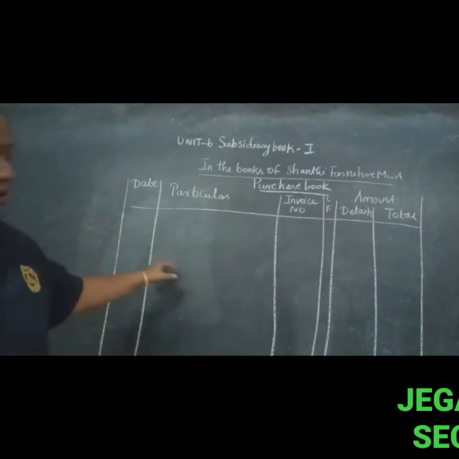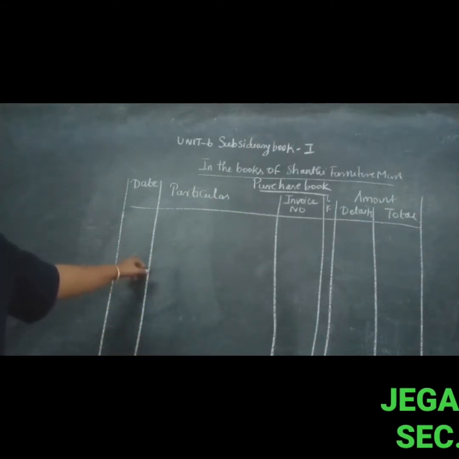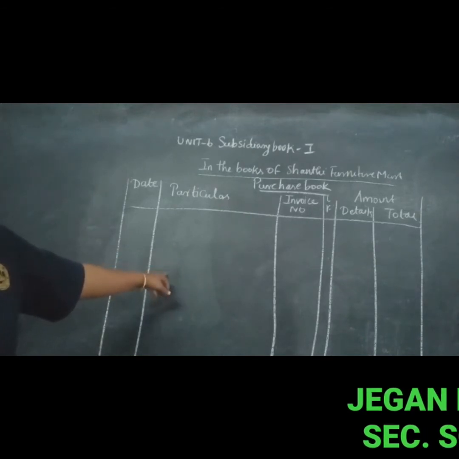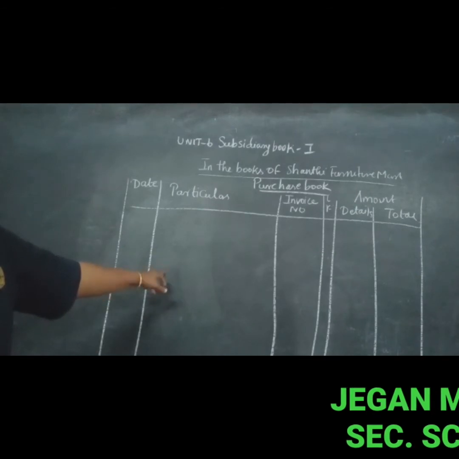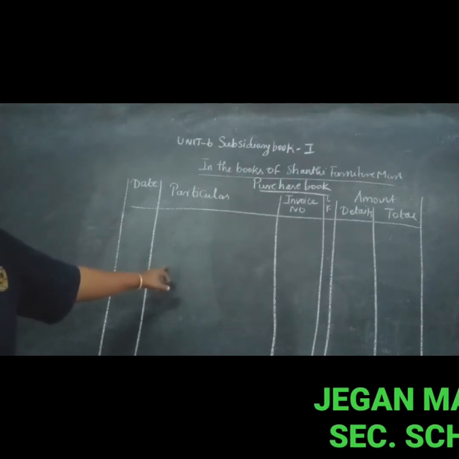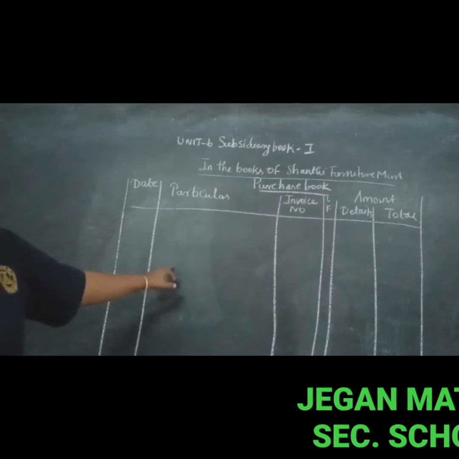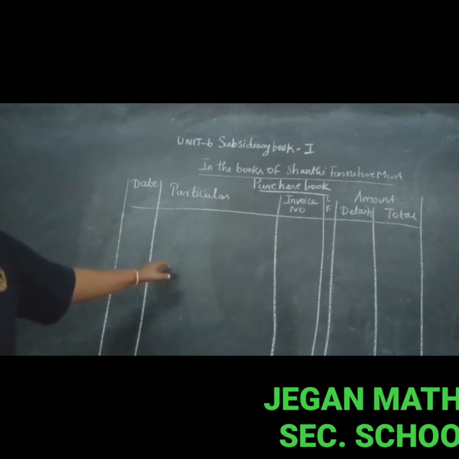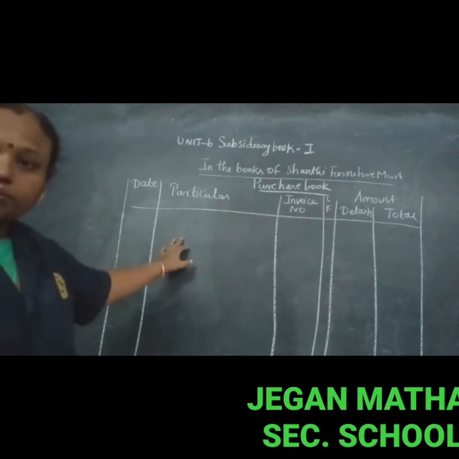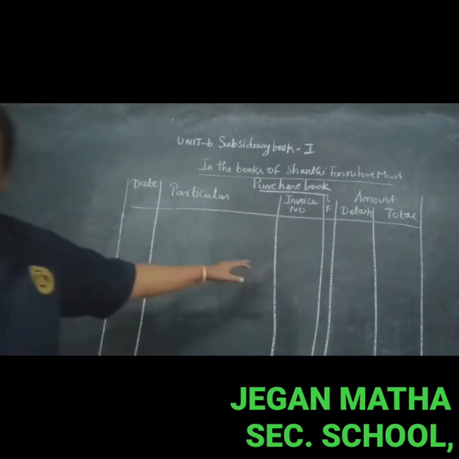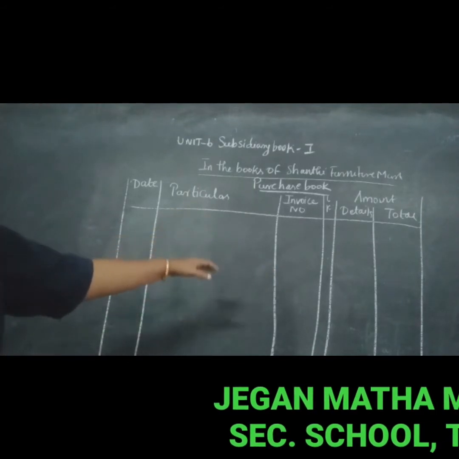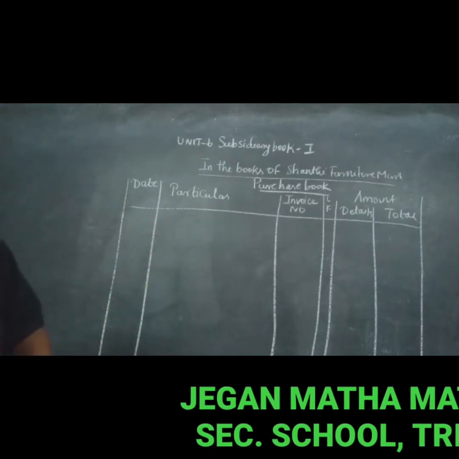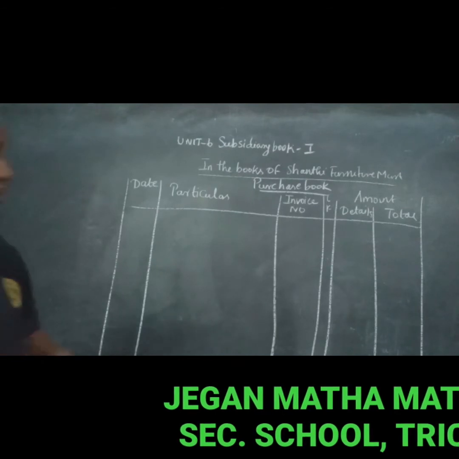total. In the date column, the date of purchase of goods only is recorded. In the second column, particulars, the name of the supplier from whom goods have been purchased and the details of goods purchased are given. It contains the name, quantity, quality, the rate of goods purchased, trade discount, and any other specification of goods. The next column, invoice number. Invoice is the statement prepared by the seller of goods. It contains details about the goods, its price, and other expenses incurred. So the invoice number is entered in this invoice column.